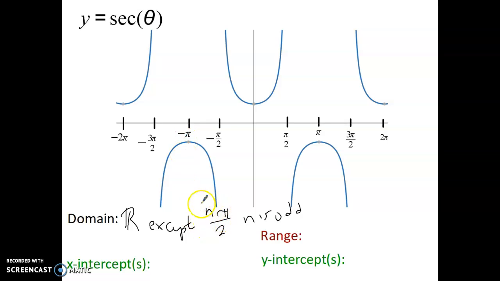I only have asymptotes if the n value that's on there is odd. Okay, so how about range? Let's see what we're going to get for range. Range is all the